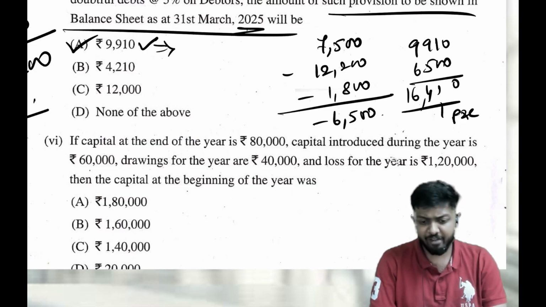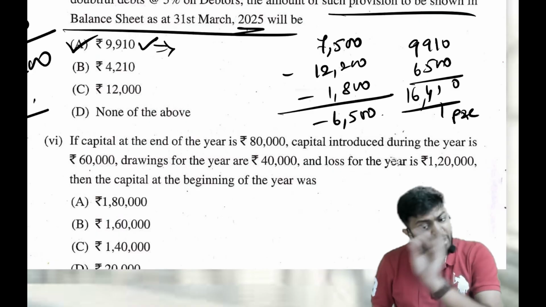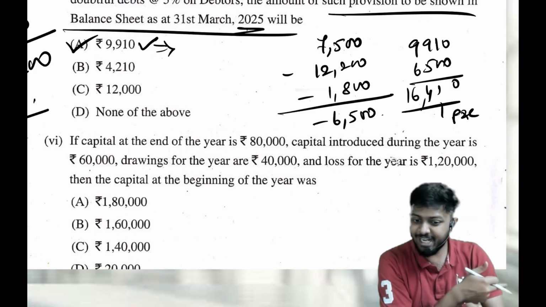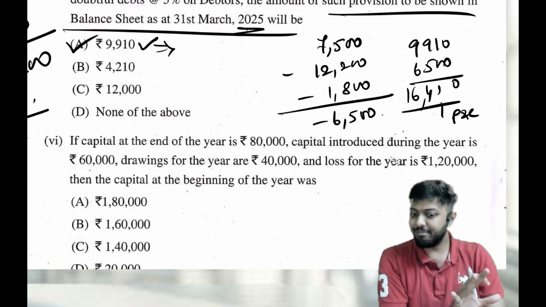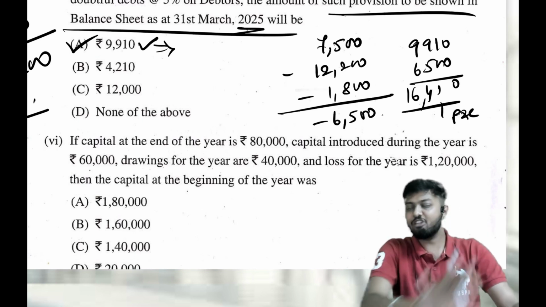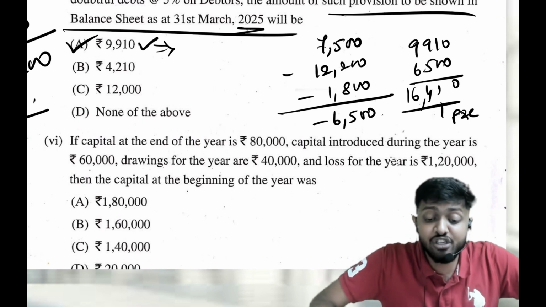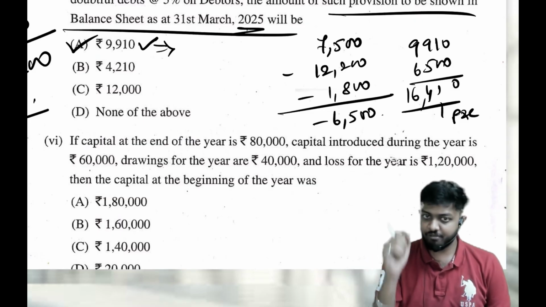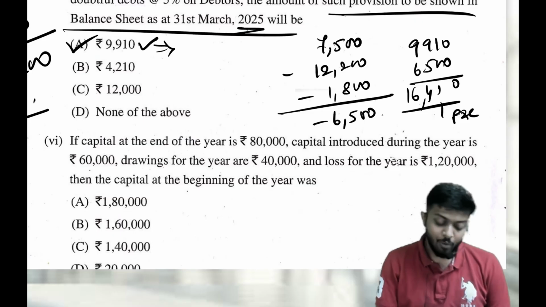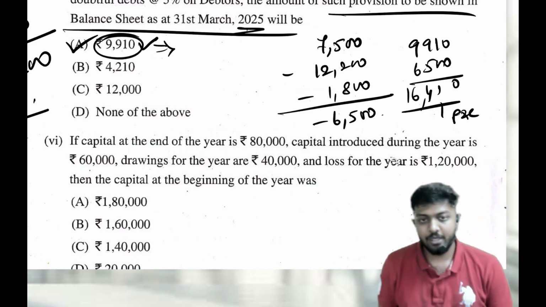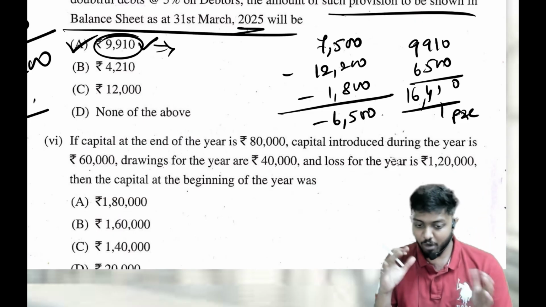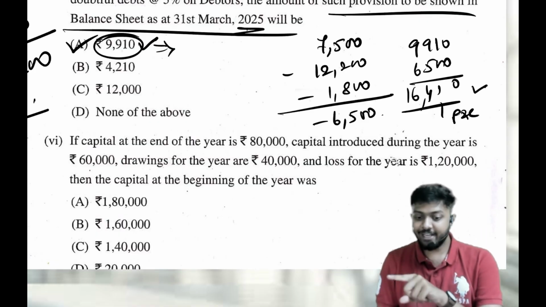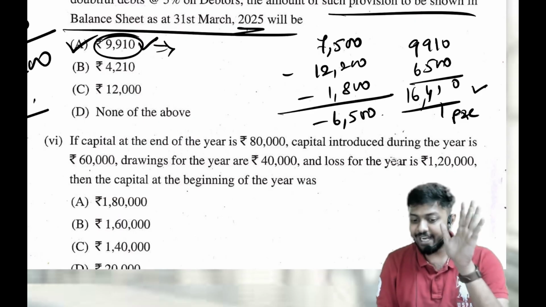the end of the year. What will we do to the PDD closing balance? PDD closing balance, having a credit balance, will not go and sit in the liabilities head of the balance sheet because it's not a liability. We will show it on the face of the balance sheet as a subtraction from debtors. What is that closing balance? 9,910. And how much has gone to P&L for this provisioning? 16,410.